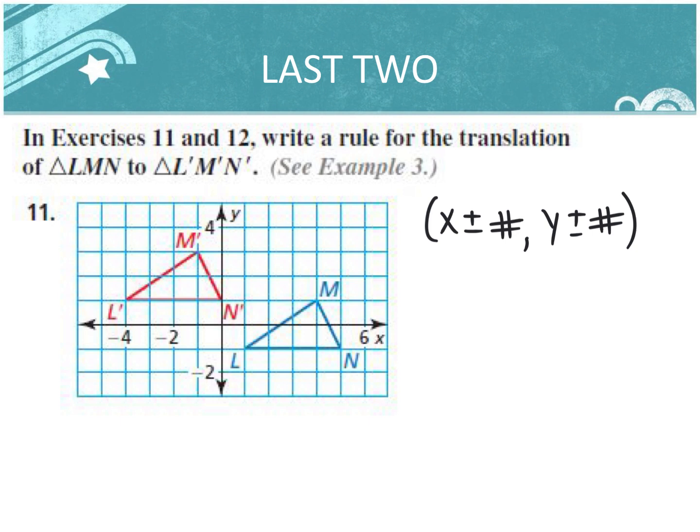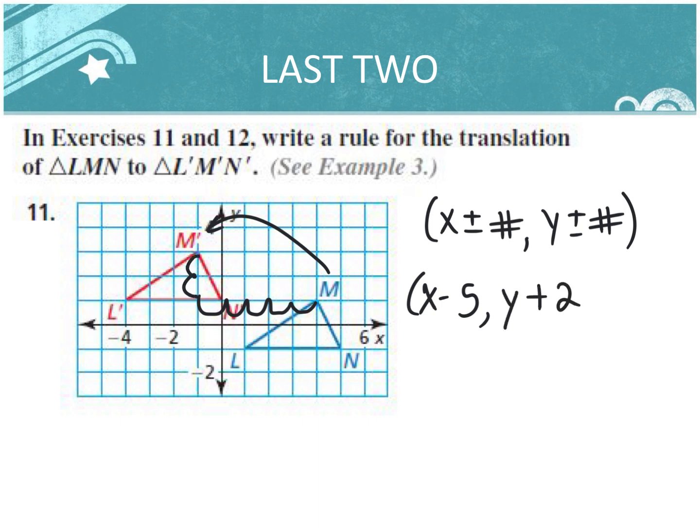Okay, I hope you guys paused the video, but let's get to it. So the first thing I want to notice is, well, which is my original and which is my prime. I look at the letters and I realize my blue is the original and the red is the prime. All right, so let's do it for point M. How do we get from here to here? Well, let's count. 1, 2, 3, 4. We move 5 units left, so we're going to get X minus 5. And then we moved 2 units up, so we're going to get